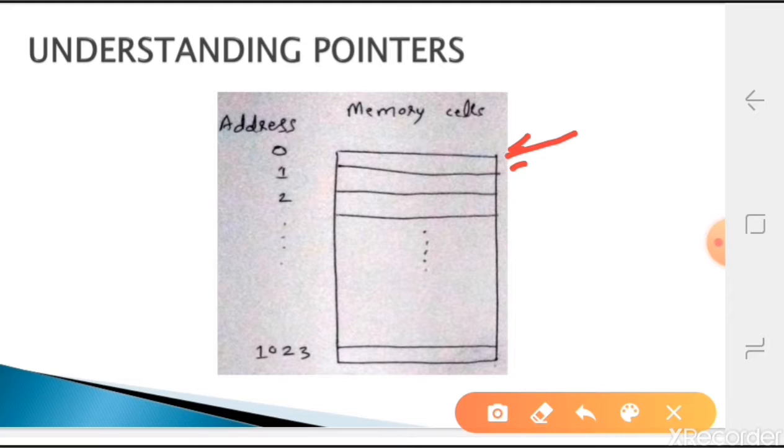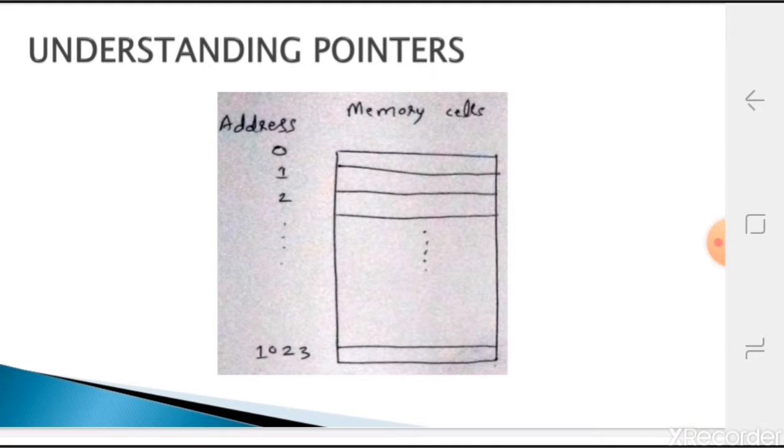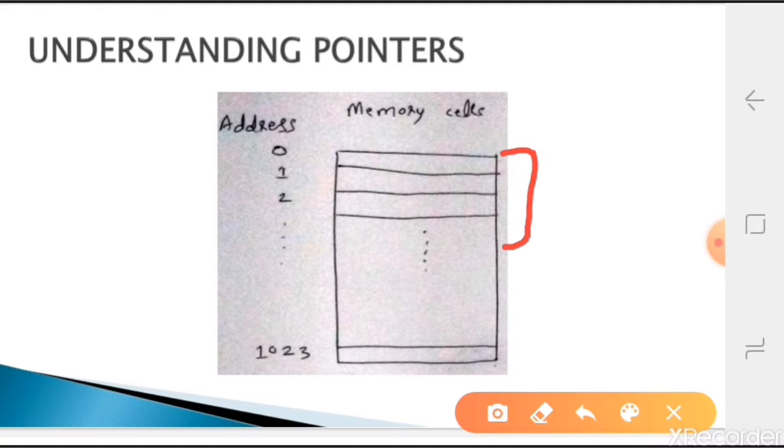While studying data types we studied that an integer is 4 bytes, float is 4 bytes, double is 8 bytes. So for an integer variable we require 4 bytes, that is 4 cells. For float also 4 bytes, for double 8 bytes, for character 1 byte, that is one cell. Like that these cells will be used.